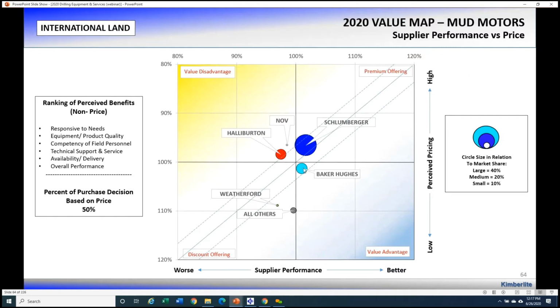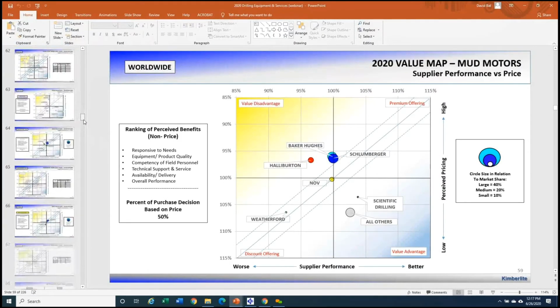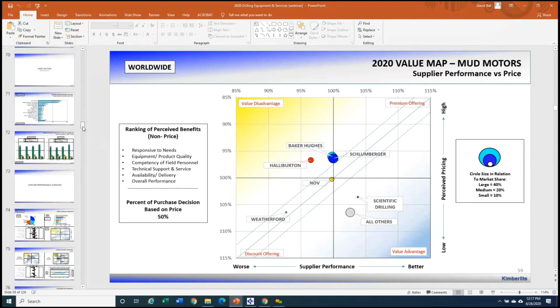Naturally, if you move to the international land market, you don't have 40 different suppliers to choose from, and the market consolidates significantly in terms of the number of suppliers. You can see that the performance and overall positioning of Baker Hughes, Halliburton, and Schlumberger begin to tighten up quite considerably. If we move to another topic like measurement while drilling, or MWD tools, what we'll find is